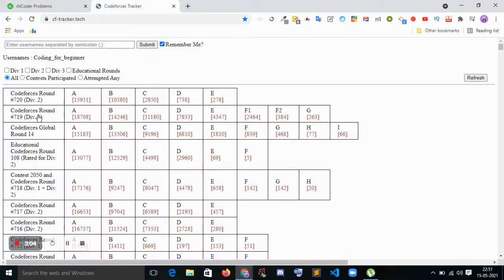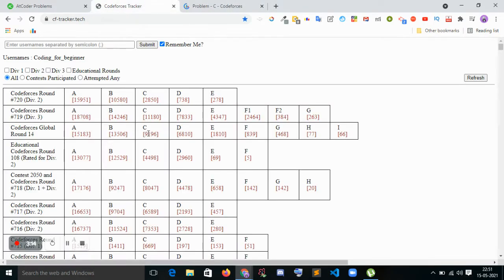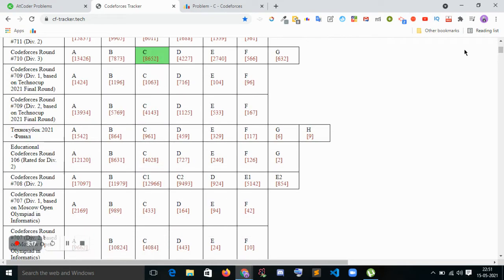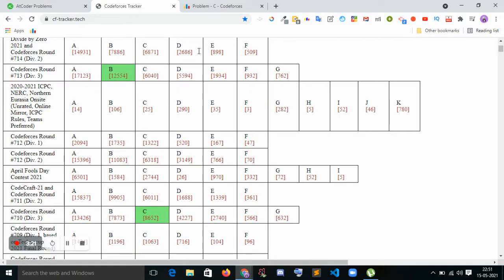In this contest, I haven't solved each and every problem. So okay, I'll go for the C problems and try to solve them. It is very easy to find these questions. Like I have solved two questions here, B and C. We check B and C, I have solved them. So let's try to solve D. I will upsolve D, the Codeforces Div. 3 problem.